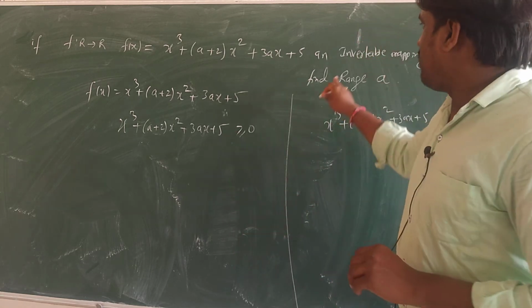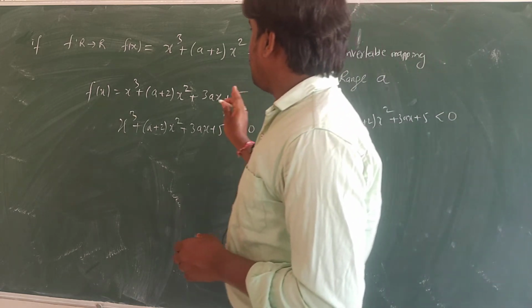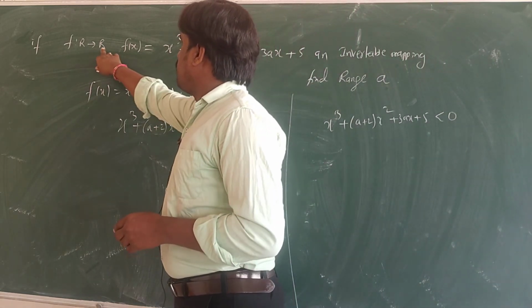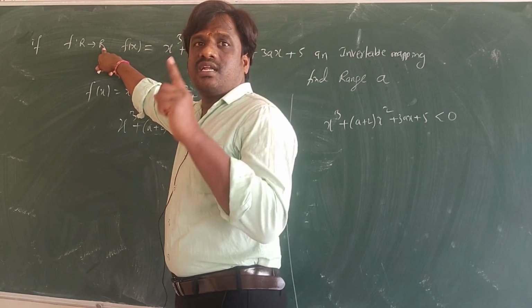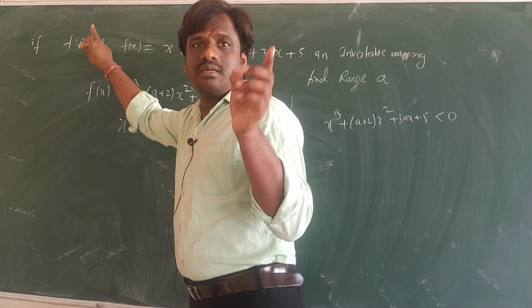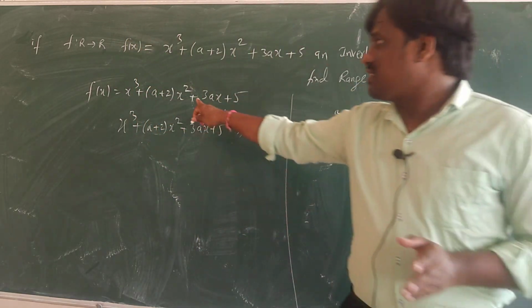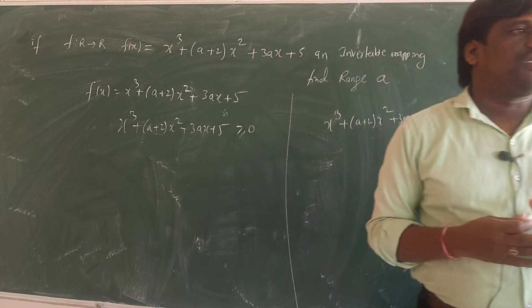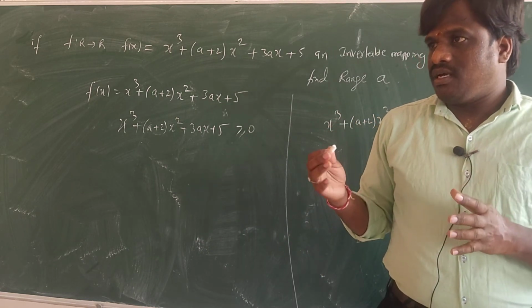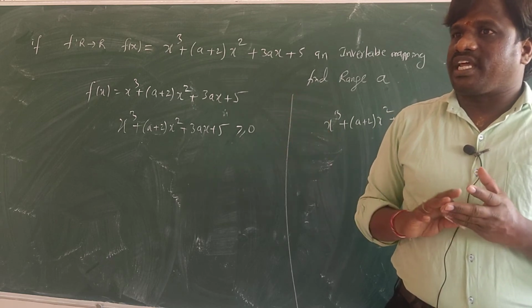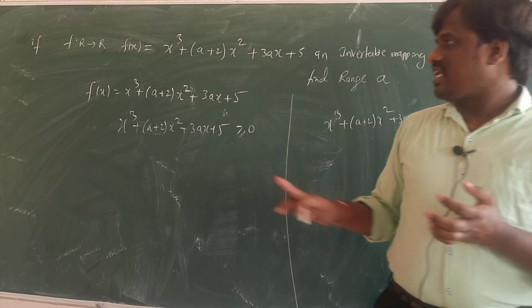Now here they have given that this is invertible. If it is invertible, that means range is equal to codomain. Here codomain is R, then range is also R. It means I came to know that f of x is nothing but range. That is y. So range is real now. Then can I write two cases?